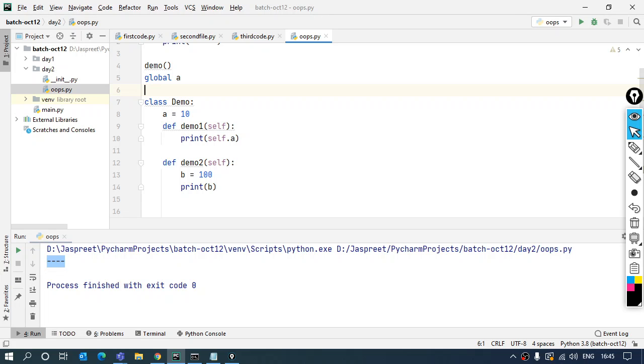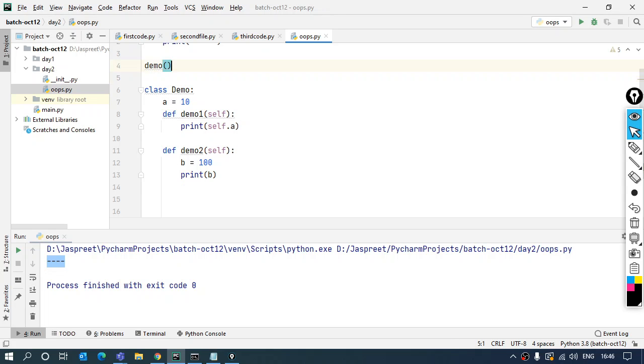But if it is inside the class, then the self attribute is the thing that is going to help me to access the variables which are the class variables, not the local variables but the class variables. Because people get questions over here that what is this self, why we use this self, what is the use of it, and all those questions come up. So this is the reason why we use it.